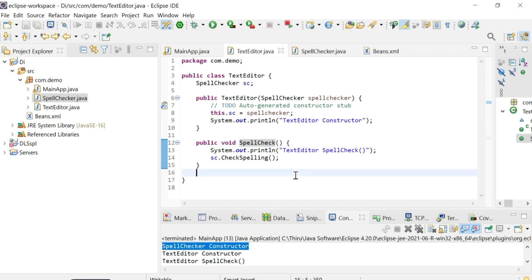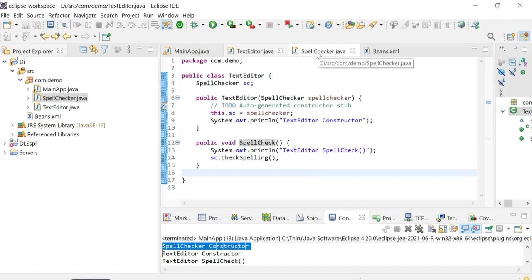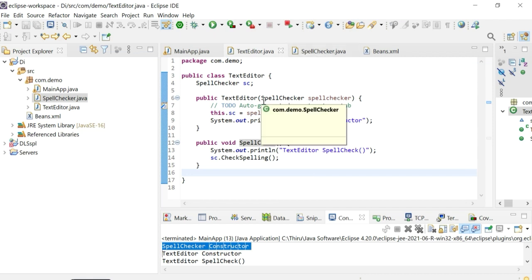So first, spell checker constructor is printed. How is it printed? The text editor is initialized when the bean file is read by the container.